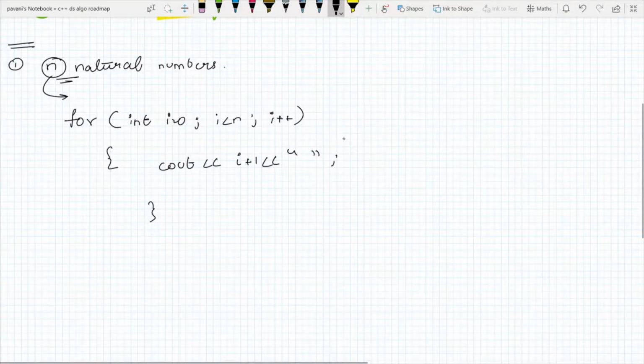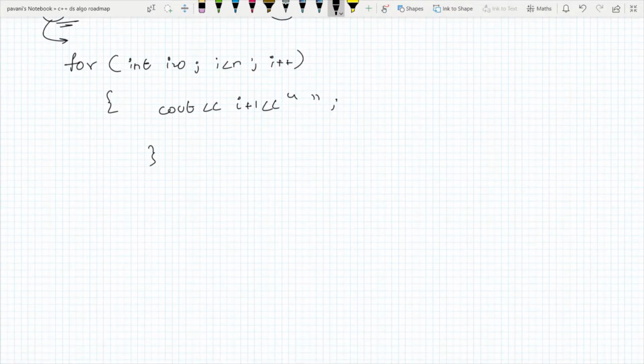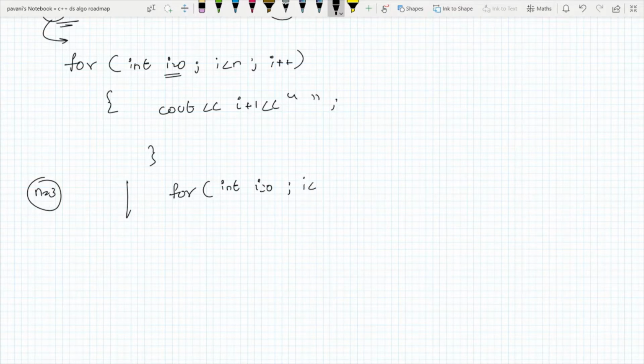This is the code. I've given input, for example, let's say n equal to 3. I have to print the integer value in every step. I'm starting with the initial condition i equal to 0 for n equal to 3: for int i equal to 0, i less than 3, i plus plus, and I'm saying cout i plus 1.